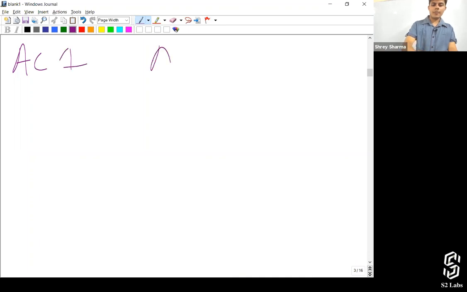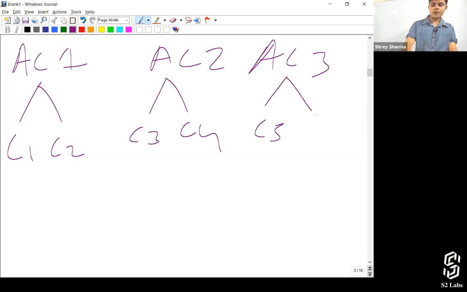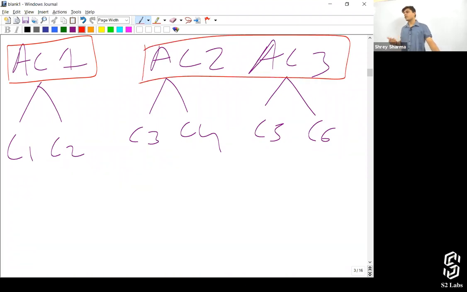Account 1, account 2, account 3, C1, C2, C3, C4, C5, and C6. Now tell me, if I'm going to call merge operation between all these three, what is exactly going to happen? Exactly. So for AC1, update operation will be called or update triggers will be triggered. And for AC2 and AC3, the delete event will fire, the delete trigger will be fired,